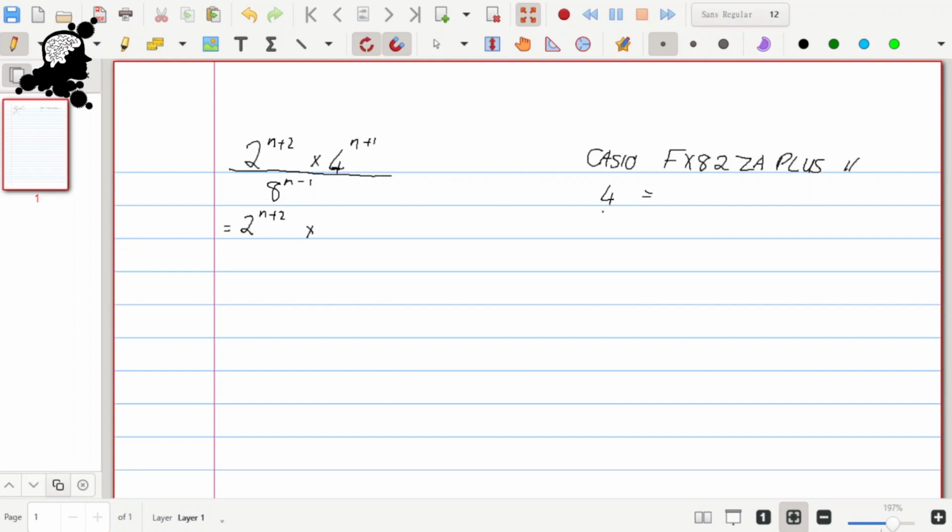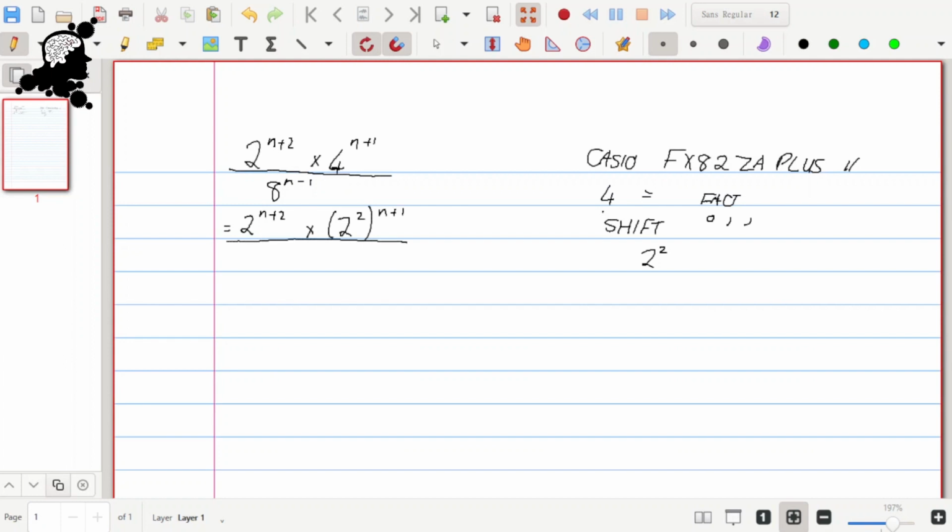Then you press shift. After pressing shift, you will notice that there's a little button which looks like it has a degree sign and inverted commas, and on top of that button there's the word fact written. So you press shift and then you press this button. You will get 4 as 2 to the power 2. I'll put this process in the video description so that you can have a look at it and try it out on your own as well. So this is going to be 2 to the power 2, to the power n plus 1,